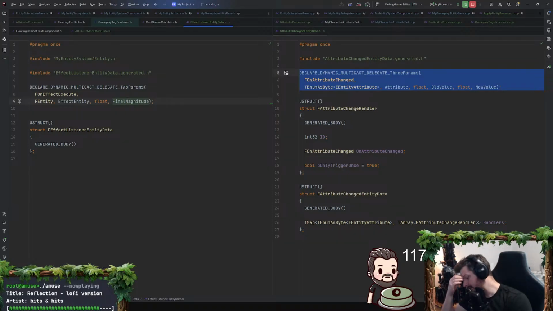Oh no, because I would want the breakdown of the attribute, the effect's attribute modifier to the final magnitude. Yeah, that's what I want.